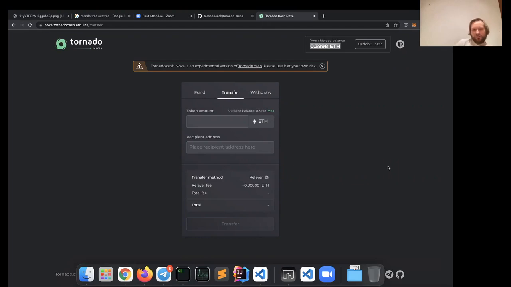If you send a shielded transaction on layer 2, like to another user, both your sender, recipient, and amount you send are shielded. So the only information that is known to the public is that some transaction happened, but not much else. When you do a withdrawal, your inputs are hidden. So how much money you had in your balance and your sender address, but all the outputs for withdrawal, they're obviously public because you withdraw to mainnet. So the amount and the wallet it went to is visible on Etherscan.